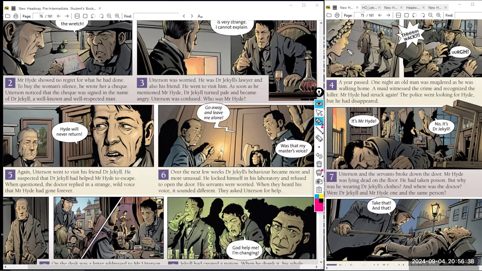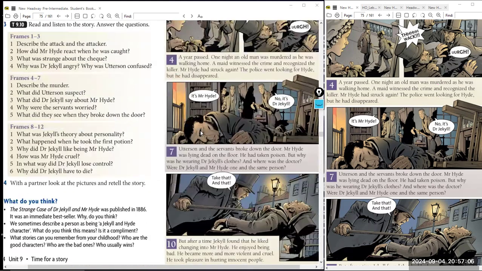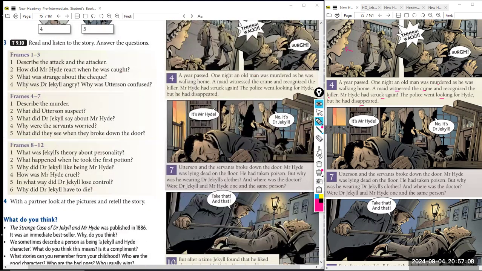A maid, this is the maid. The maid witnessed the crime and recognized the killer. Okay, she knew the killer. So he was Mr. Hyde because he struck again. So the police went looking for him, but absolutely he had disappeared. Okay? Now the next question is, what did Utterson